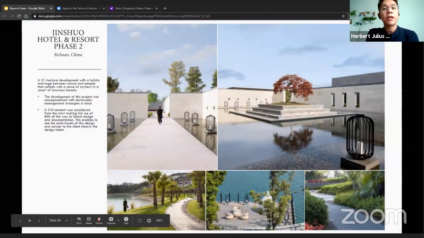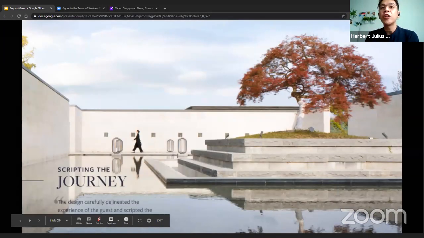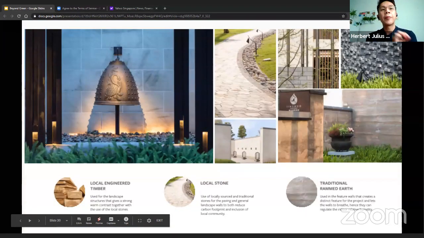This is a resort in China, very much a five-star resort, and it involves scripting the journey with a lot of attention to detail, exquisite execution of hardscape, complemented by landscape.